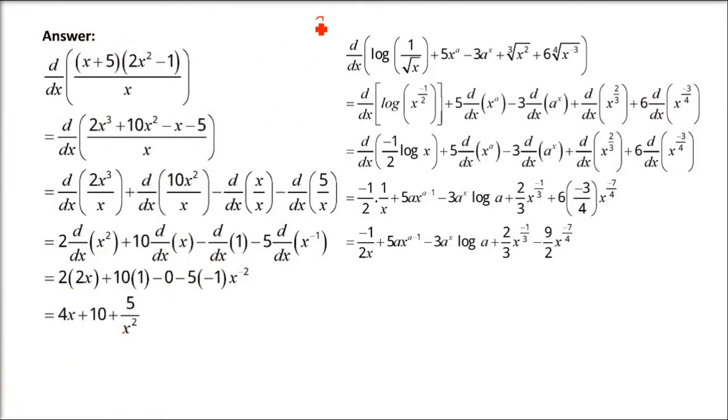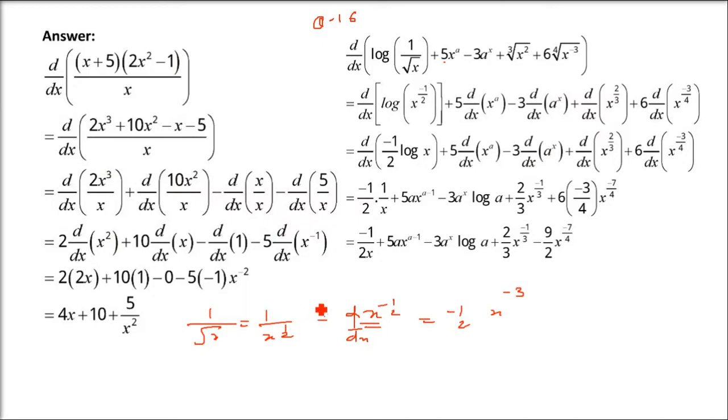Now coming to question number 16. So question 16 is saying 1 by 1, we will take 1 by 1. So these constants, don't worry about that. 5, minus 3, 6, don't worry about that. Just worry about the content which is taking x. So you have log 1 by root x. Root x can be written as what? x to the power half. It goes up, x raised to minus half. So we will do d by dx of log x raised to minus half.